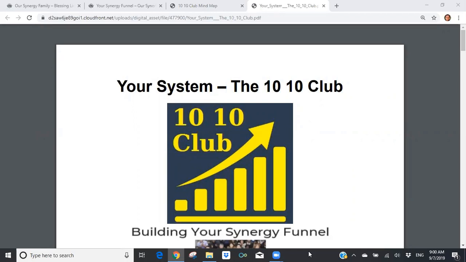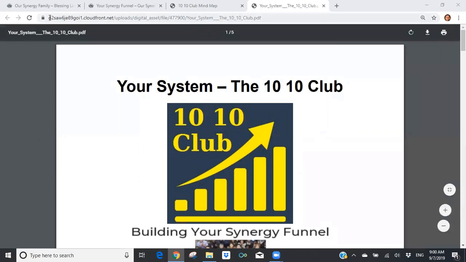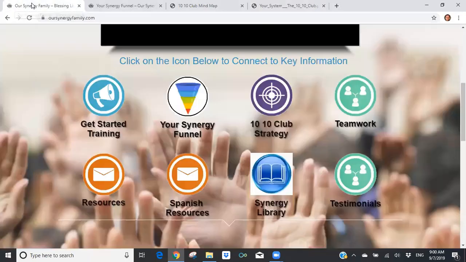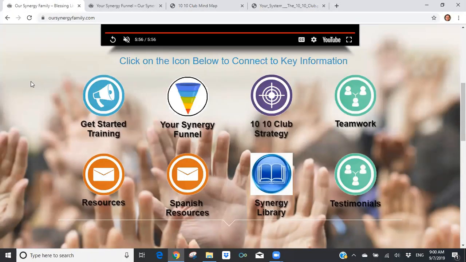Last week, we spent time looking at building out your Synergy funnel. We went over the page that's on the Our Synergy Family website. In fact, let me go to that page. We've developed it for those people that are in our organization, as well as for anyone in Synergy worldwide. Doesn't matter whether you're a distributor in our organization or if you're in someone else's organization. We've made this website available to everyone. It's called